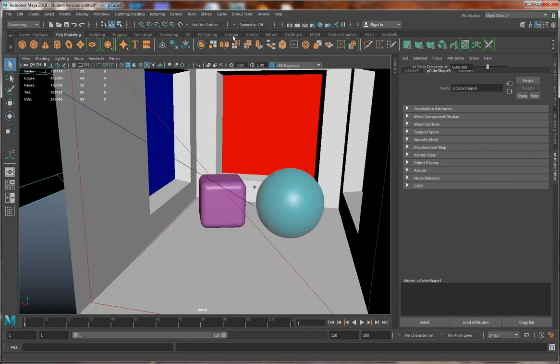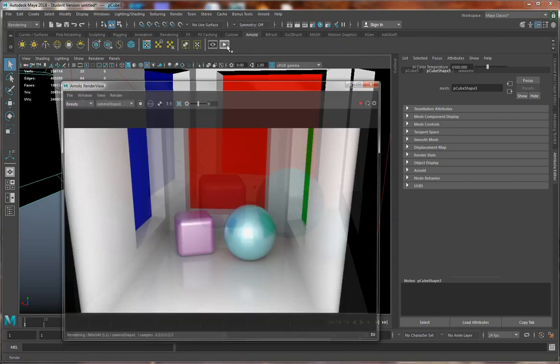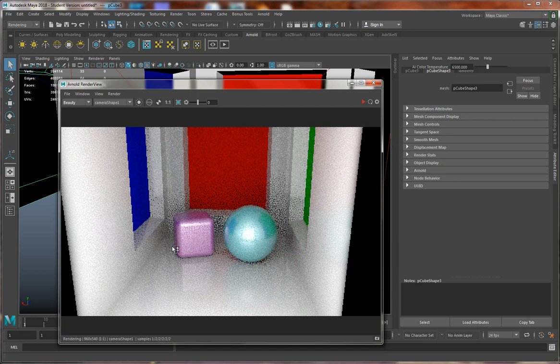Okay, so like I said, we've got this nice little simple render, and I can adjust this. I can up the lighting. I can change whatever I want. But what I really just want to look for is just how the scene looks at first. So this is looking fine to me. So with that, okay, what I'm going to do